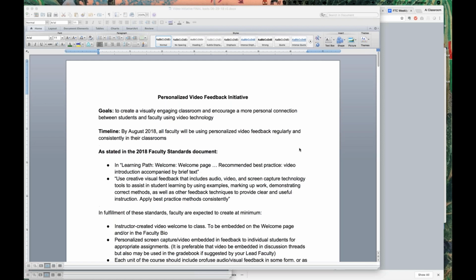And then the other thing I just want to say before we really delve into things is that we've been asked to participate in this initiative, but it's in a sense still in development in that we're exploring the best ways of using video feedback in the classrooms. And so we hope that as you guys start participating, that you'll share with us some ideas about how you feel it can be used effectively.